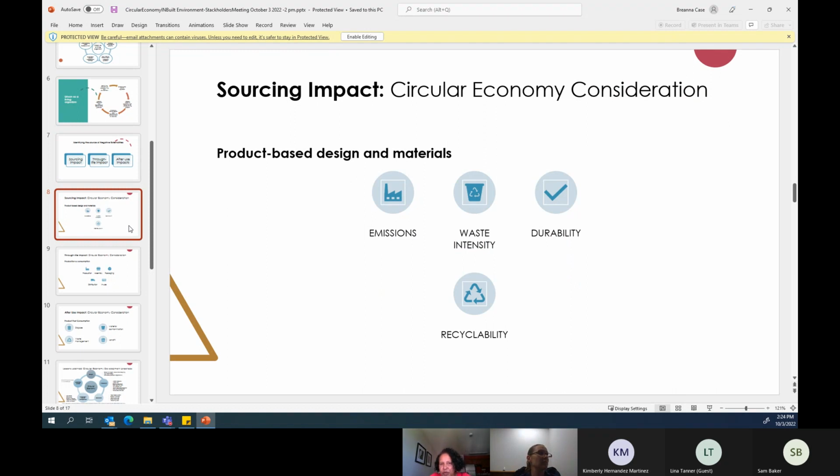Most of the time, at the sourcing impact stage, it is big companies, public demand, and governments that can get involved. This is sourcing impact, product-based design and material.